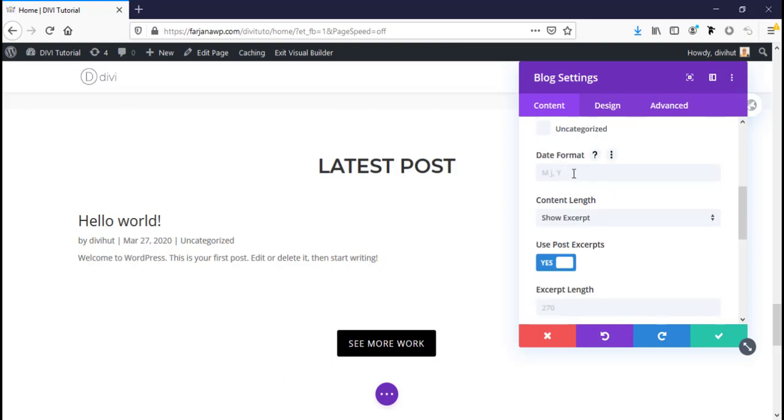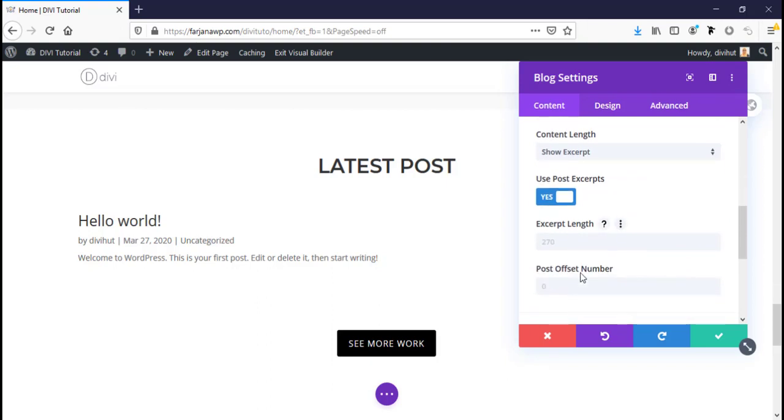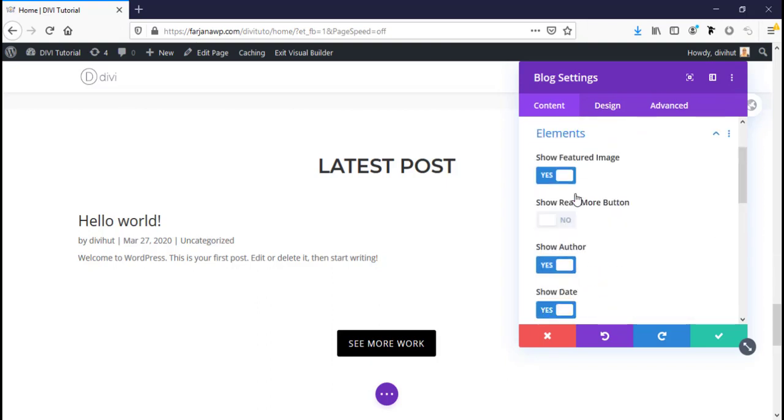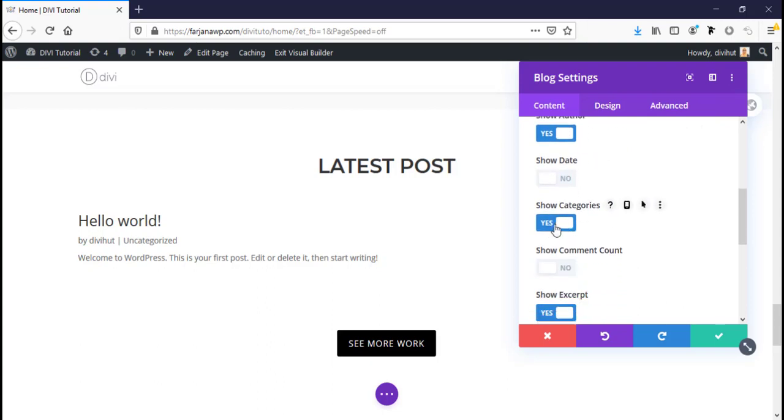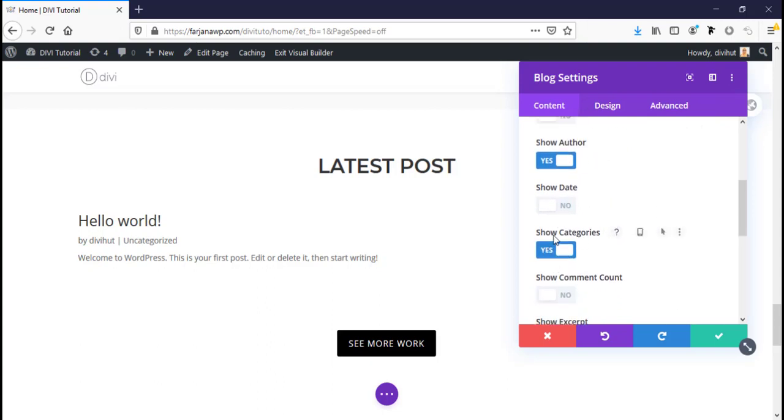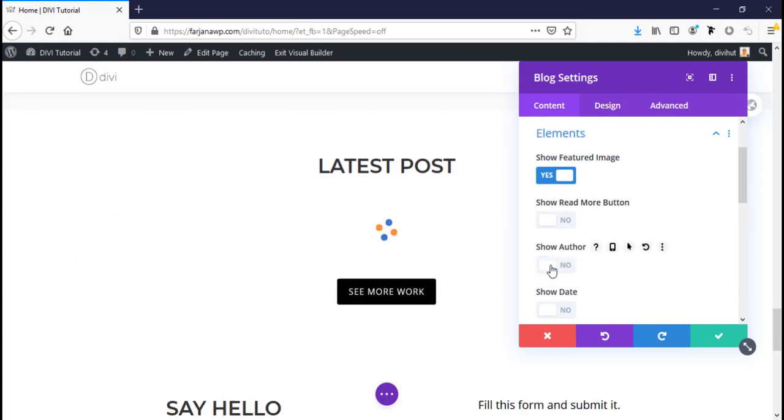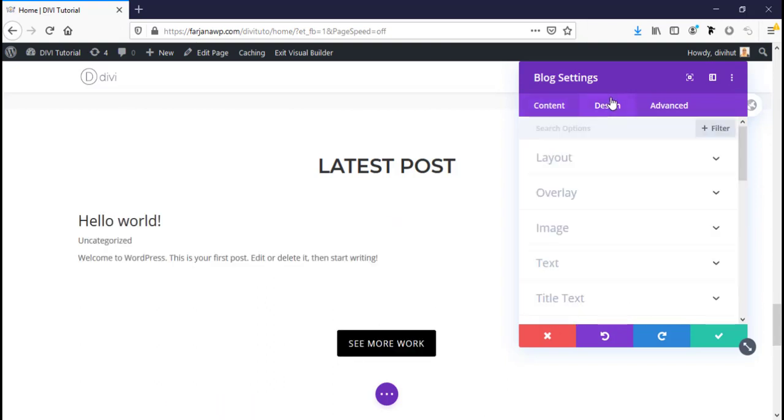For post we can set date format, we can select post excerpts, post length, and from here we can also disable or enable a few items. Show featured image, enabled or disabled. Show read more buttons, show author. Here is author, here is date, we can also disable from here, and here is category, we can also enable or disable it from here. For this time we can disable this author, and going to layout, and here is now default layout structure full